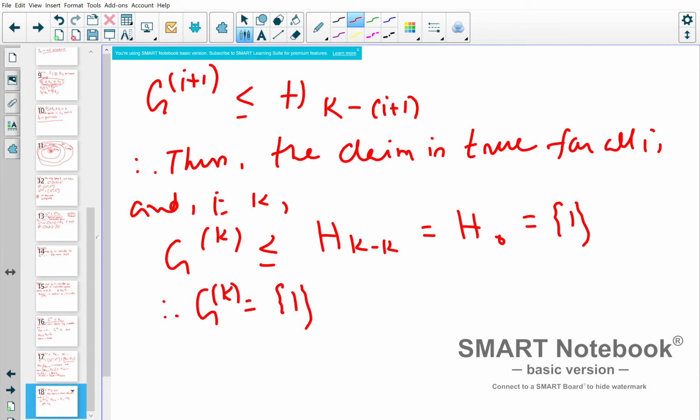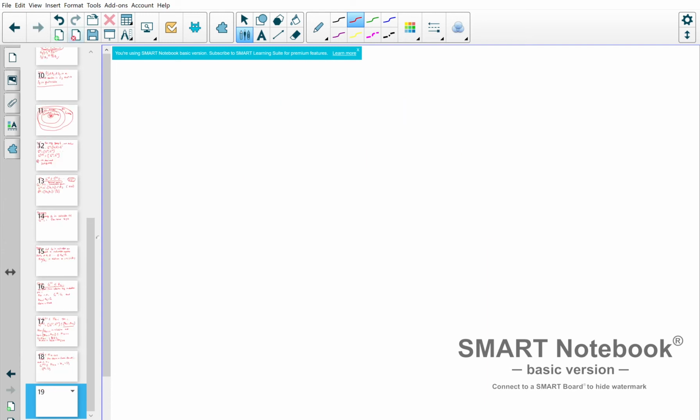Subgroup of identity group means identity, right? So this part tells you that whenever you have a solvable group, then the derived series terminates at the identity up to a certain stage. Okay. Now the converse part we also need to prove. So now, conversely,